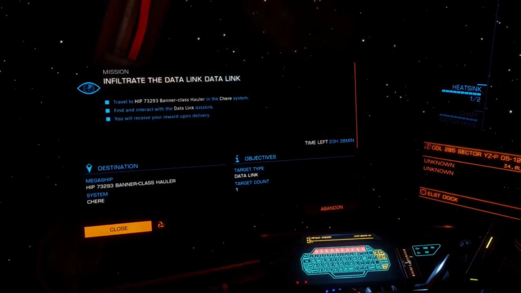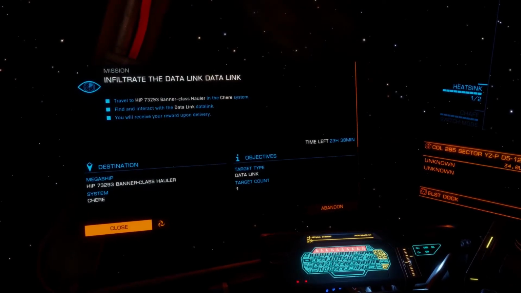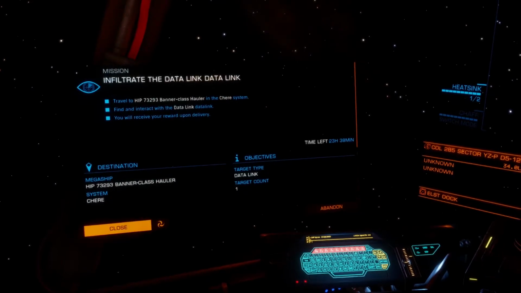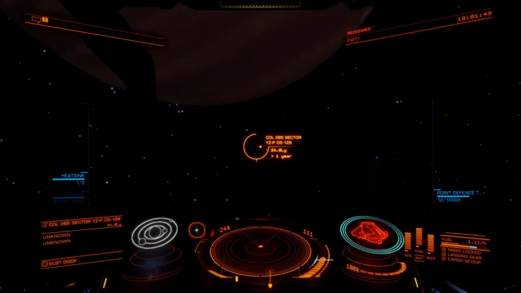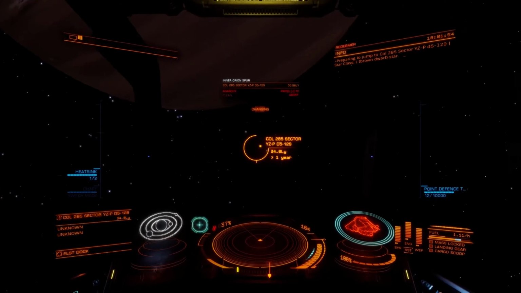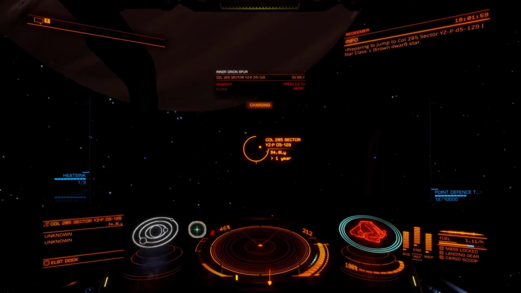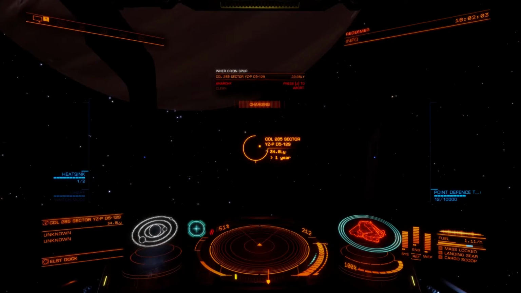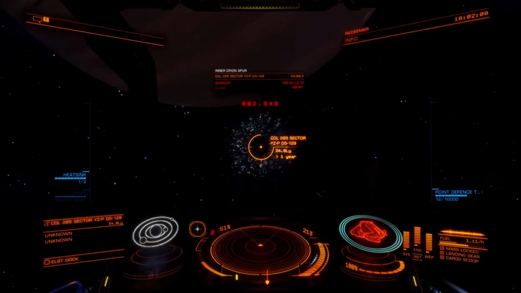If there isn't this time, I'm a little more prepared. If there's a hackable data link or anything that says it's hackable, I should have... oops, no, don't want to do that. That was close. Yeah, hang on a second, it's just Frameshift drive charging. We can talk and jump at the same time. So I'm gonna head over to that, and I've got recon limpets if necessary. We'll see what happens. 2, 1,